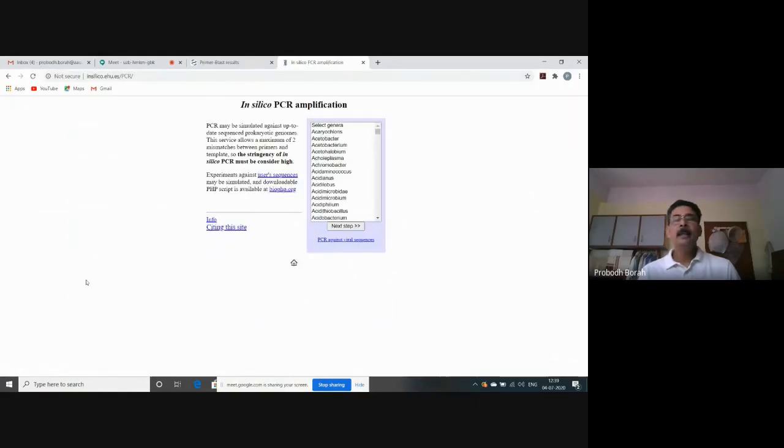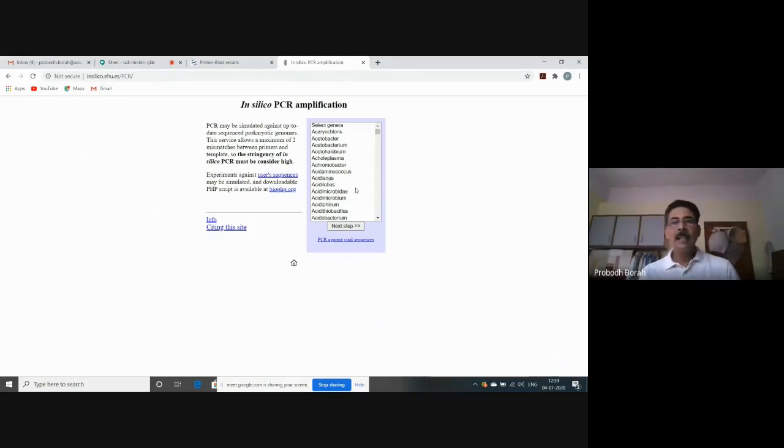So this is the front window, wherein you have got several options of various bacterial sequences which are already embedded in this database. If you are going for in silico PCR amplification against certain bacterial sequences, this is a very good platform because it contains all the genomic sequences already available in the NCBI database embedded into this platform.